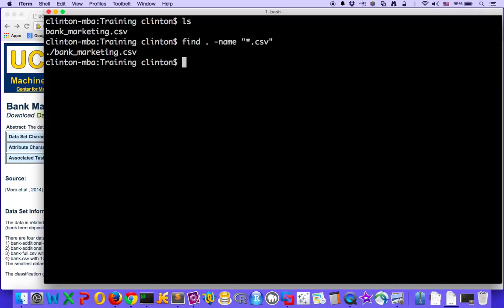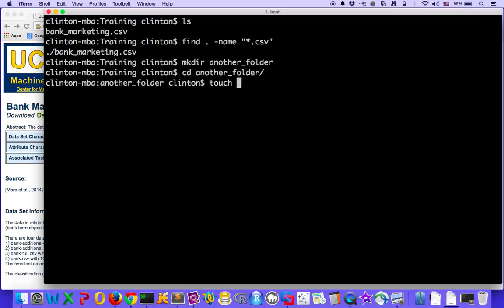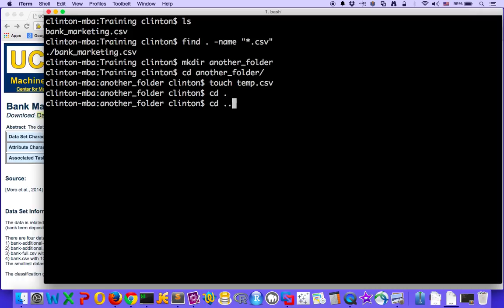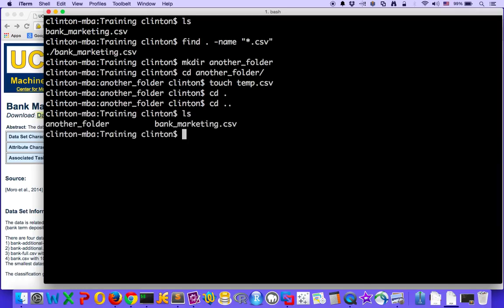This example is quite trivial because it's the only thing inside this folder. So let's make it a little more realistic by adding another folder and file inside our current training folder. So let's make another folder with mkdir, and we can just call it another folder. We'll go into that folder and create another CSV file called, let's say, temp.csv. And so now if we go back out and do an ls on our training folder, you can see that we have another folder in there and also